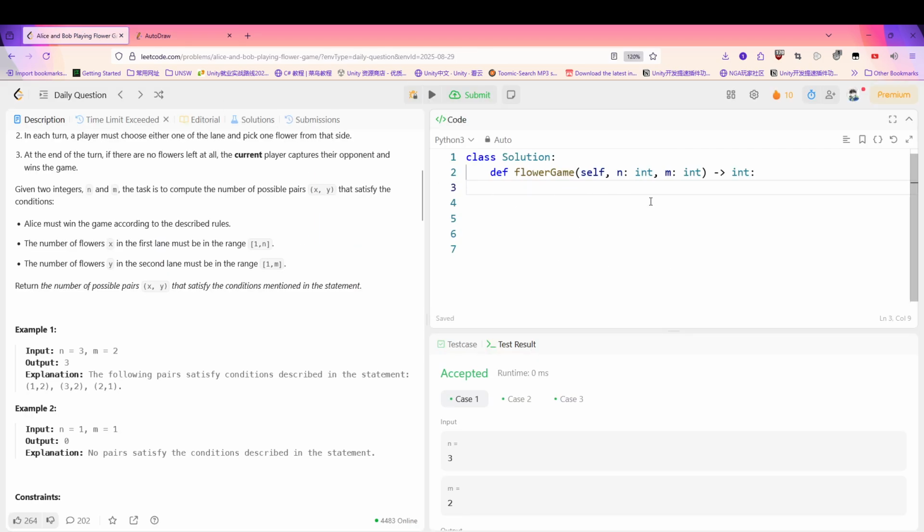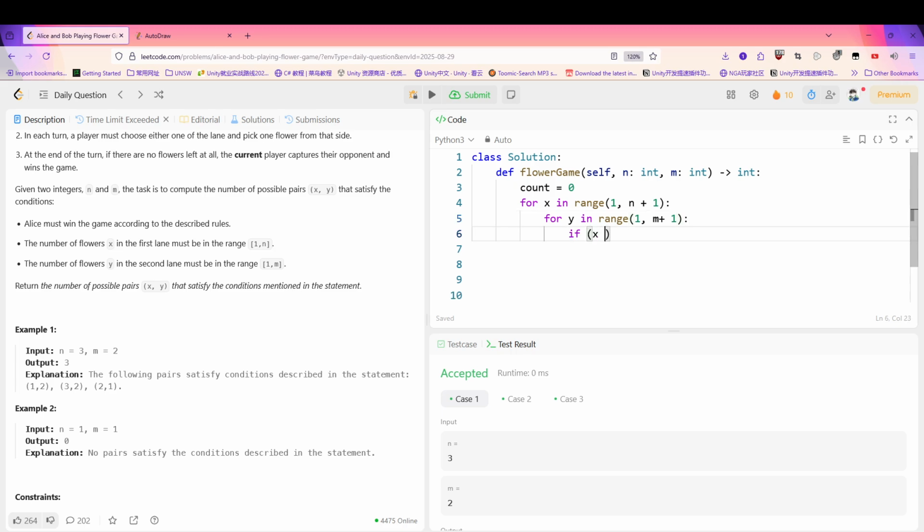So I'm gonna code the number here. Count equals 0. Remember, we only need to return the count. The count is how many odd numbers we will get in our loop. So for x in range 1 to n plus 1. Remember, this is inclusive, and in range, the range is exclusive here, so we're gonna plus 1. For y in range 1 to m plus 1, if x plus y